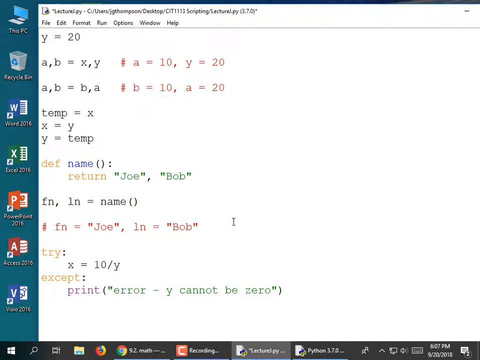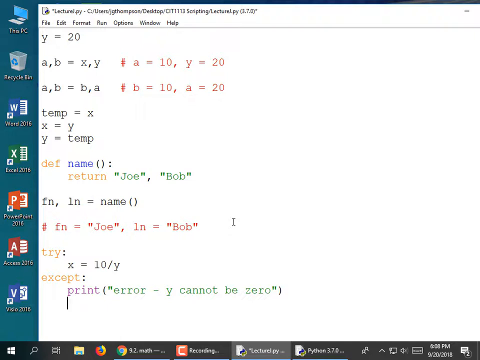Now, if we're asking for input, we have 3 choices. One is we could kill the program. We could say, hey, I don't know what you want to do, so I'm just going to stop running. Well, that's a valid answer, but it's kind of unfriendly. It's like when Windows says Word has encountered an error and we have closed Word, so much for my document. Another thing you can do is loop until they enter a good piece of data. And the third thing you can do would be to